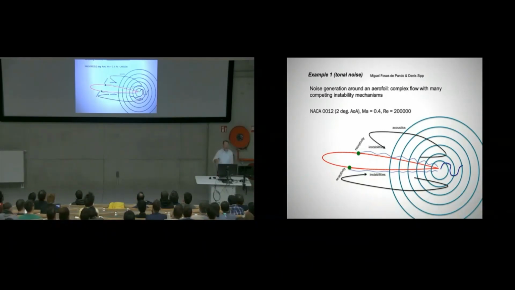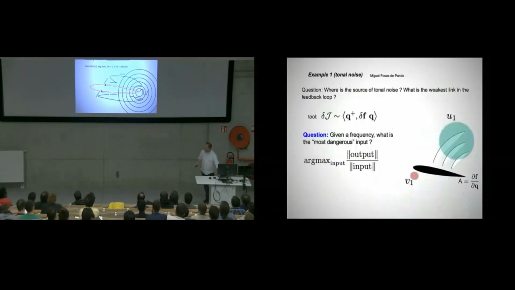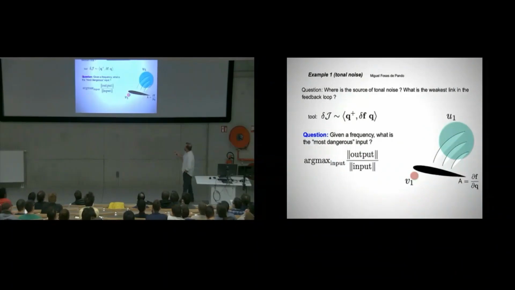Okay, analyzing that one by doing local analysis, and it has been done and has been published, by slicing the boundary layer here and doing a modal analysis with eigenvalues of the boundary layer here doesn't really capture anything that is essential for this type of mechanism. Okay, so the way we do that one is we're using our sensitivity analysis between the forward solution and the adjoint solution, and we ask the question, given a frequency, so this is the resolvent analysis, given a frequency, what is the most dangerous input?